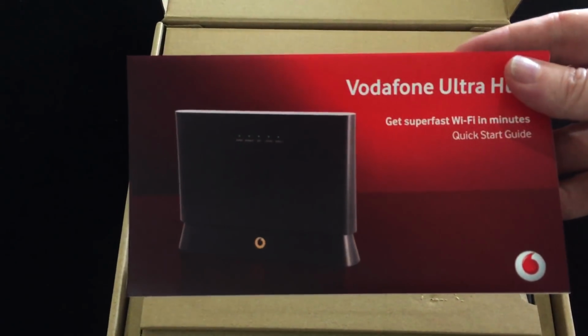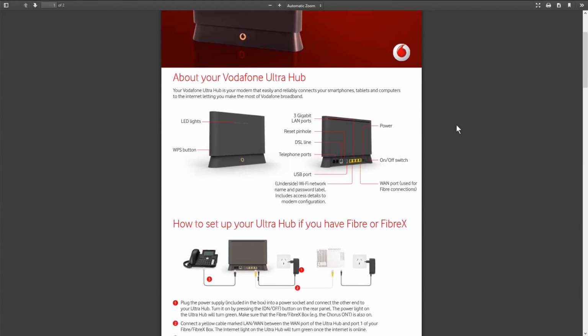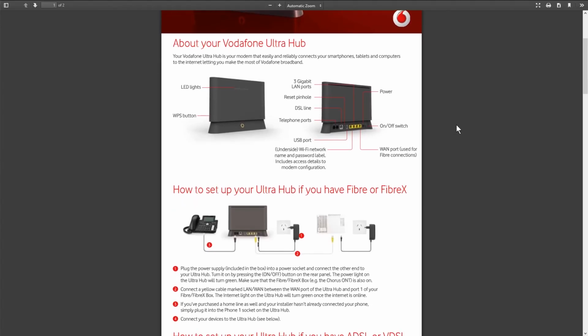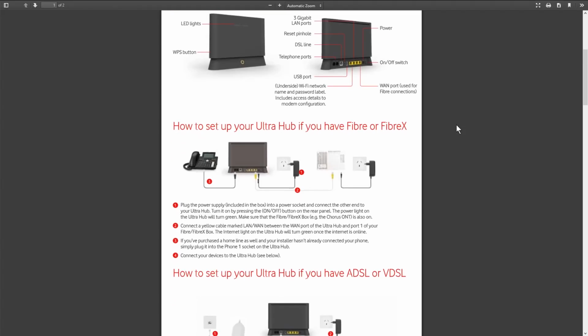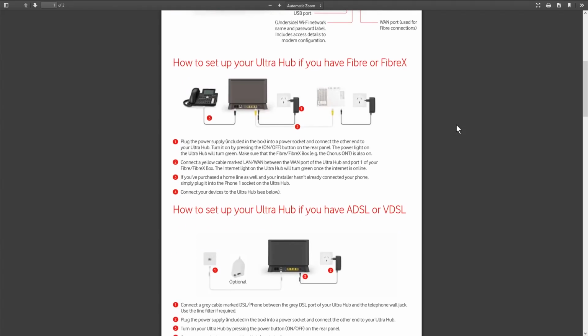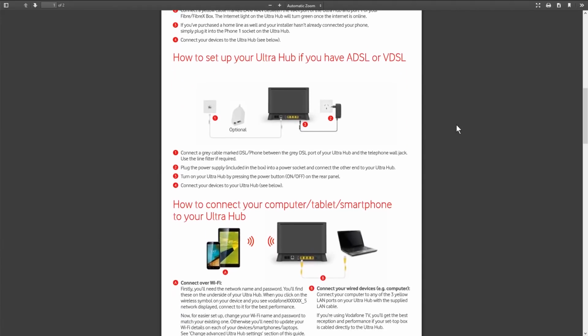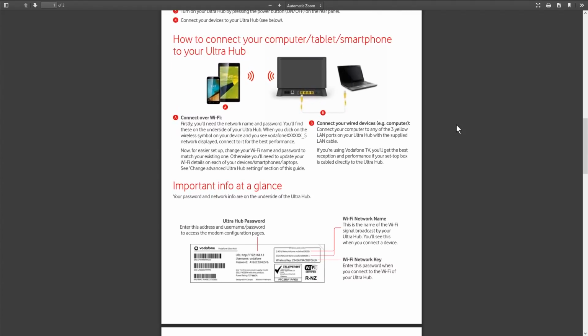Now I've downloaded a copy of this, about your Vodafone Ultra Hub, how to set up your Ultra Hub if you have Fibre or Fibre X. There's all the info there, how to connect it to the ONT, how to connect your phone to it, how to set up your Ultra Hub if you have ADSL or VDSL, how to connect to your computer, tablet, smartphone,